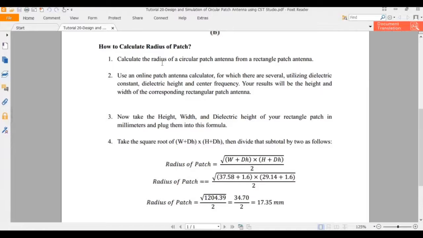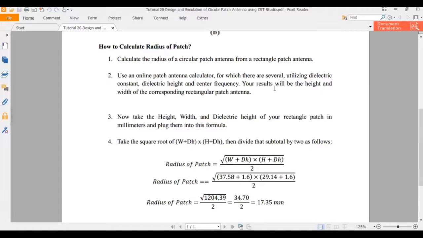But for the calculation of length and width of the rectangular patch, you must know several values about the dielectric material. For example, you must know the dielectric constant, the dielectric height, and the central frequency of your